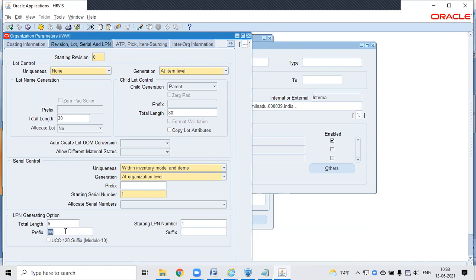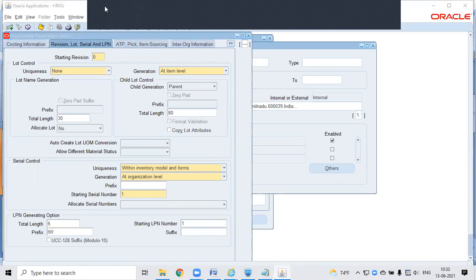Right, right. But in one warehouse, generally there is the same prefix. One warehouse cannot have multiple prefixes. Usually it is not recommended, right? Different suffix or prefix in the same warehouse. We can have multiple prefixes as well, but this is the default prefix.